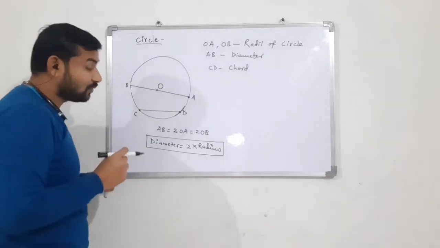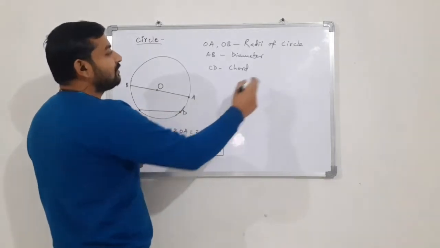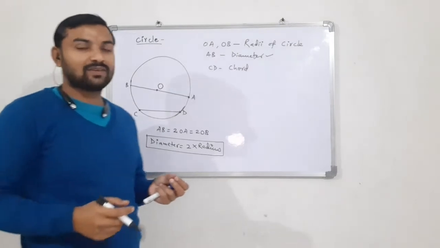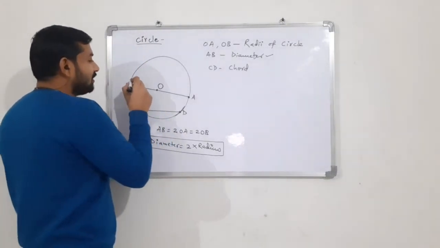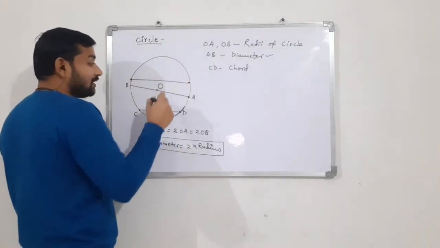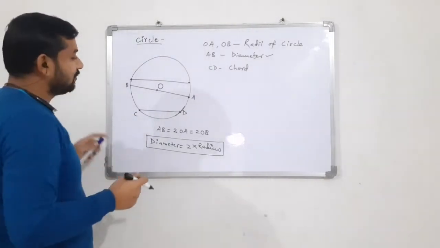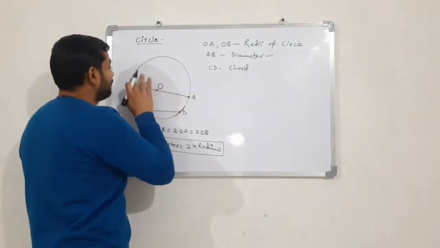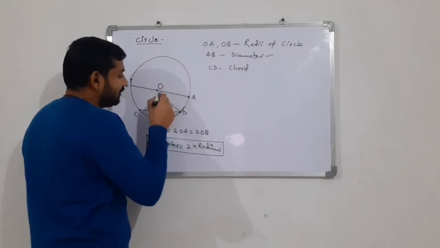So AB is also a chord, but here AB is passing through the center, that's why there is a special name, we call it diameter, and we can say AB is the longest chord of the circle. Why so? अगर हम इसके ऊपर अगर कोई कोड लेंगे तो वो भी इससे छोटी आएगी, नीचे भी हम अगर कोई भी ले रहे हैं हाफ सर्कल के नीचे तो उसमें भी इसकी लेंथ जो होगी वो डायमीटर से कम होगी. Moving on to the next point, if we join this point we get this area.